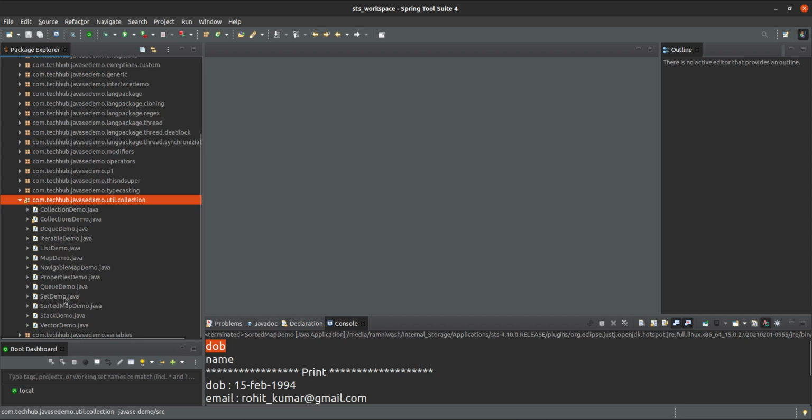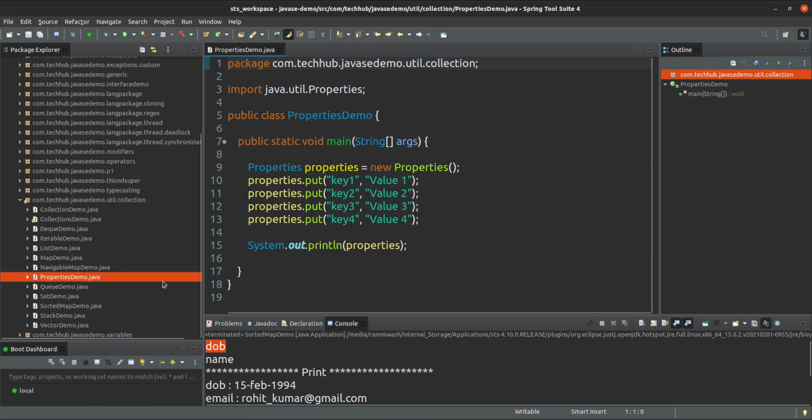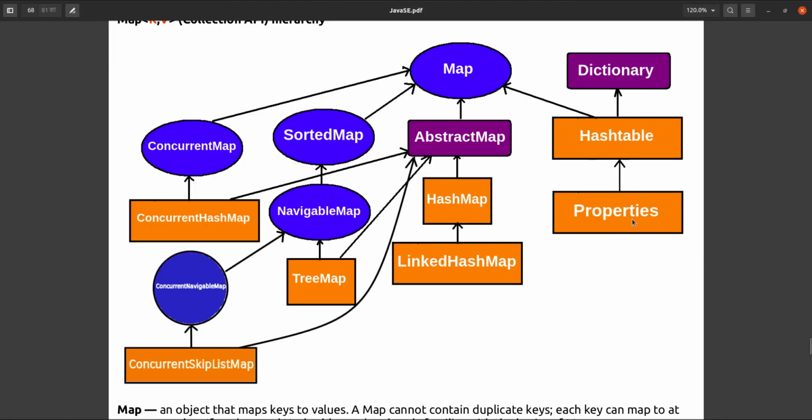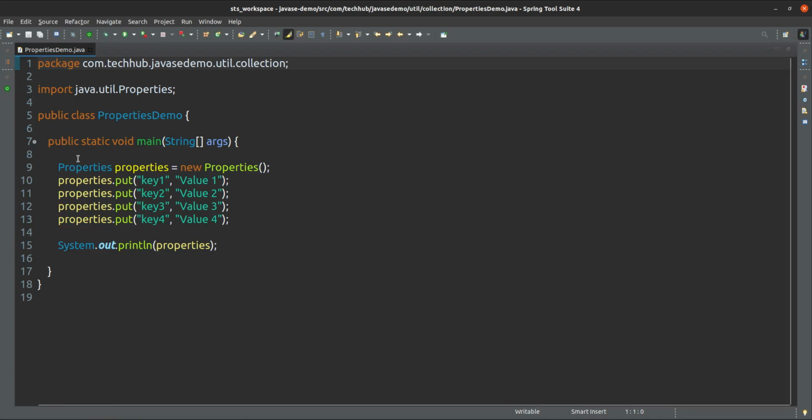So hash table, and this is the property. Property is the subtype of hash table only, and that is a map or dictionary. You can use any of them. Suppose you can use it in this way, or you can use map here also, no issue.